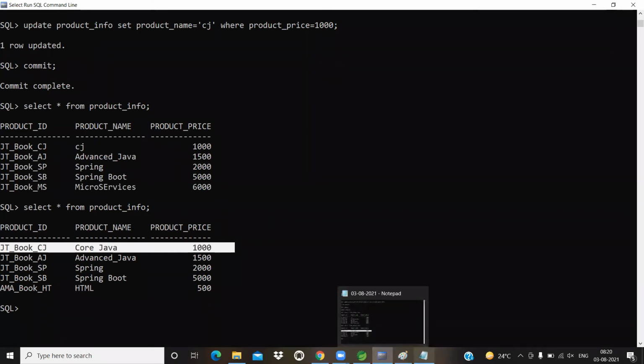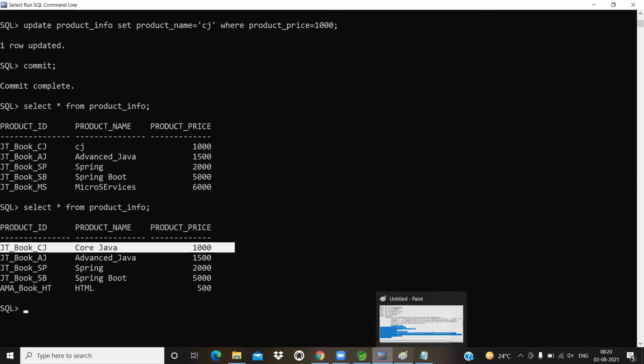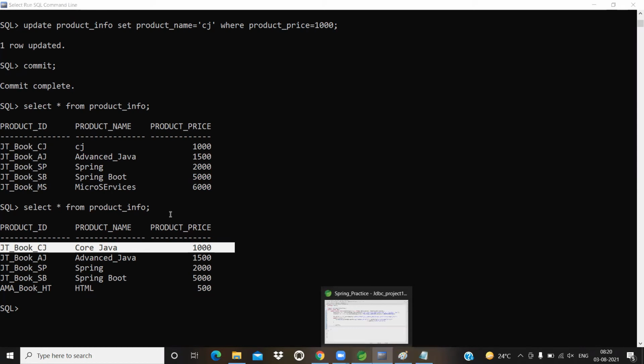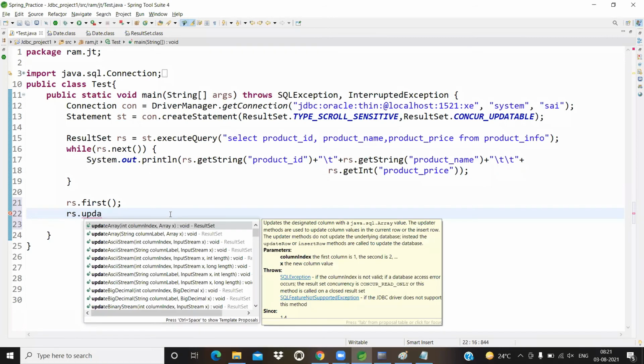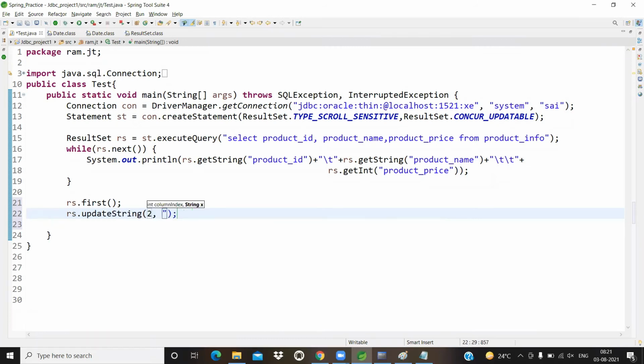Okay. Now, let us write one. This record I want to update. Let me write code. rs.updateString, second column. Generally, the second column is core space Java.